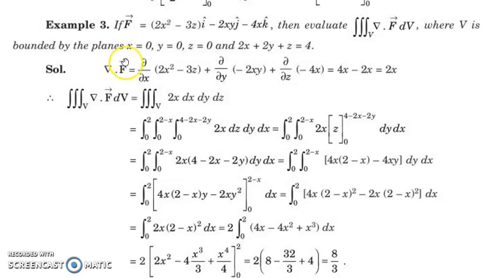So the first one is, if f is equal to 2x square minus 3z i minus 2xy j minus 4x k, then evaluate the triple integral over v of del dot f dv, where v is bounded by the planes x equal to 0, y equal to 0, z equal to 0, and 2x plus 2y plus z equal to 4. So we need to evaluate the triple integral over v of del dot f, where v is the portion of the plane